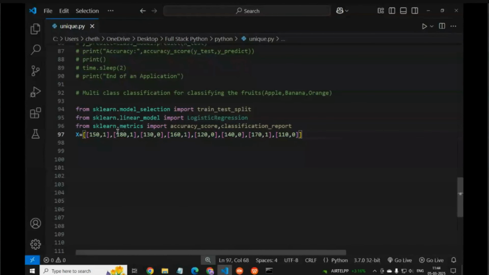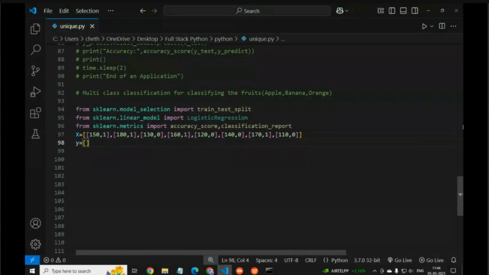So these are the independent variables. Here we give the weight and the color of that fruit. This is the weight of the fruit, and this is the color of that fruit. Here we create one more variable as a dependent variable.